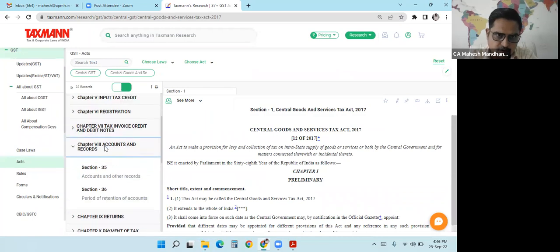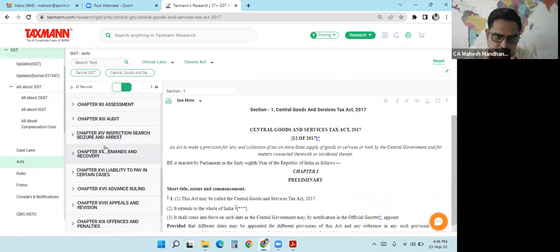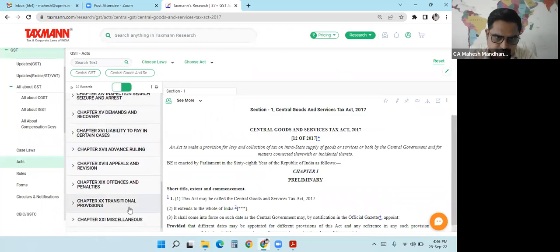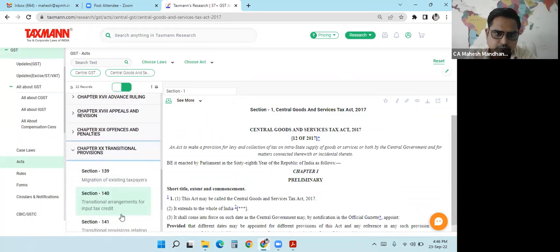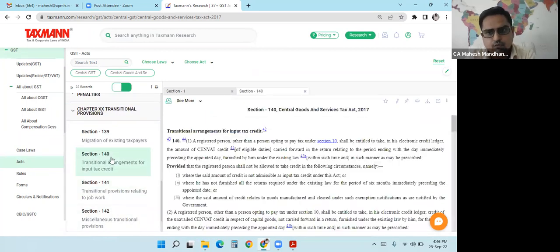So now I will take you through the transitional provisions in brief. Mainly section 140 deals with the transitional credit. Now, as far as this transitional credit is concerned,